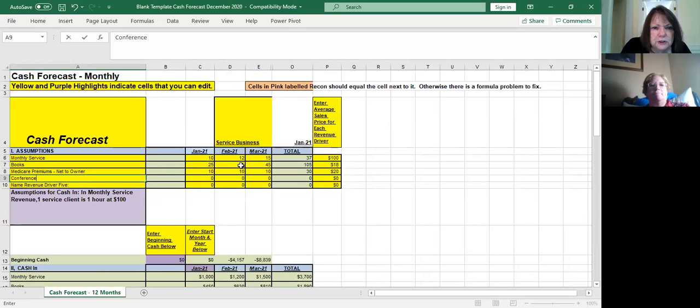I might be able to bump this up to 50 books and then 100 books. I have to mentally say, is the monthly service reasonable, or can I bump that up, or how long is it going to take me to cover that negative number? So let's say if I had a conference and I charged $1,000 and I had 100 people attend the conference,